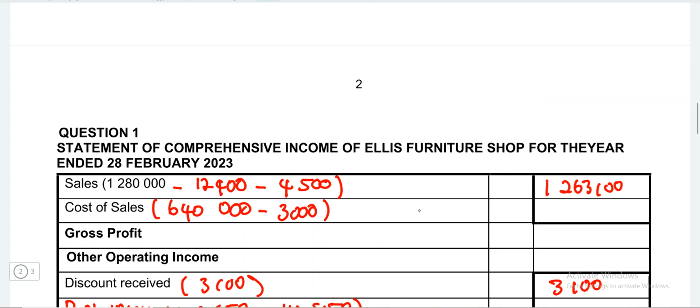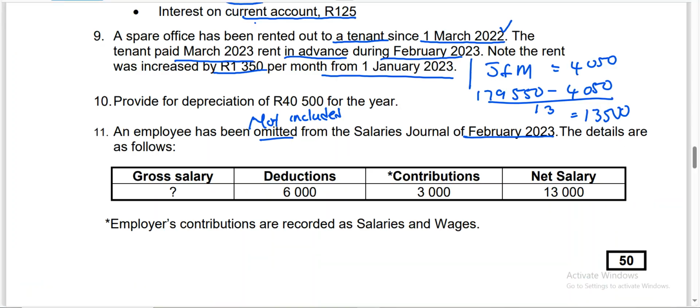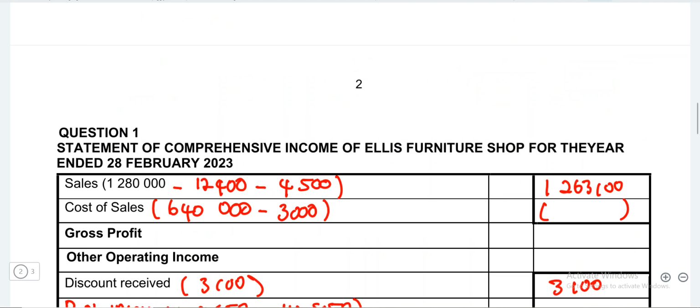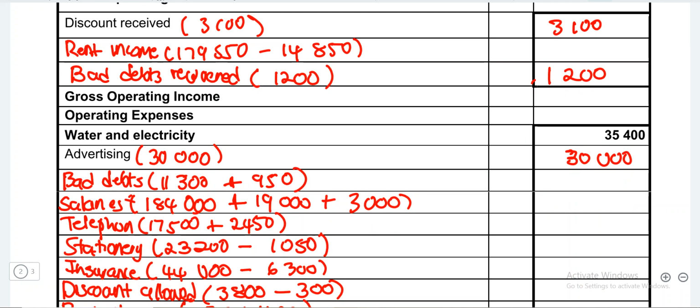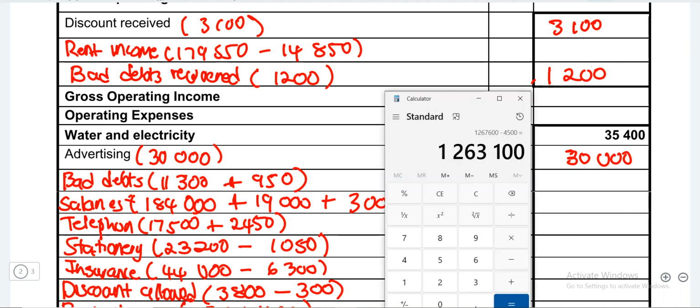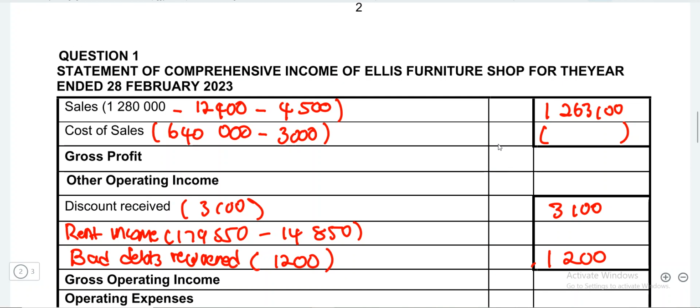So we got this 1,263,100, and then from there our cost of sales, we are going to say 640,000 minus 3,000. So let's see, 640,000 minus 3,000, it is giving us 637,000. So I'm going to put that 637,000 here,